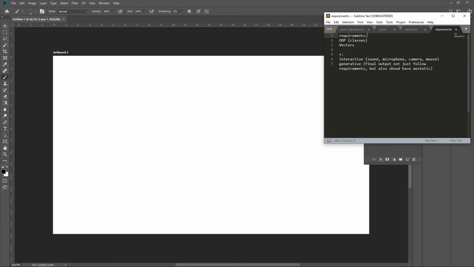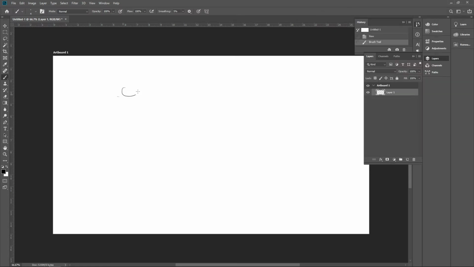So these are requirements and additional. What you can do again, now when you have vectors and classes, it makes sense if you create some object that can be controlled with vectors, right? So for example, you have